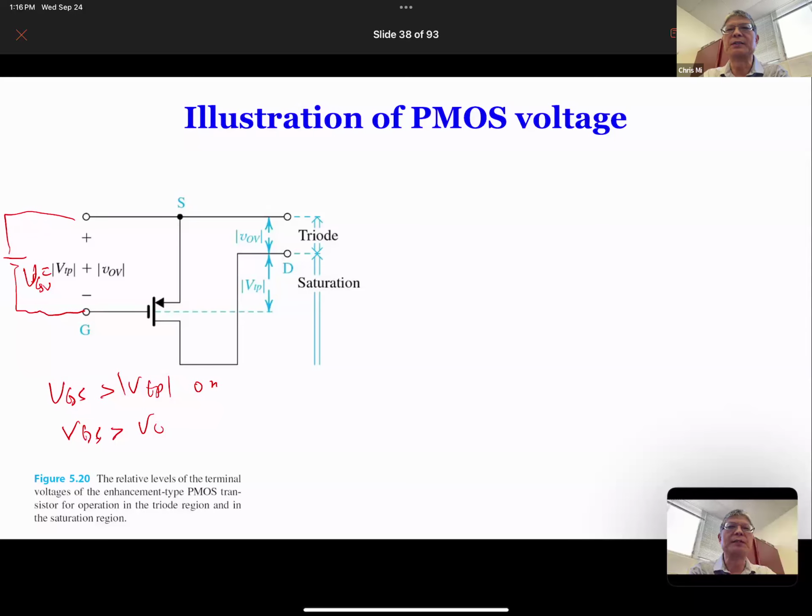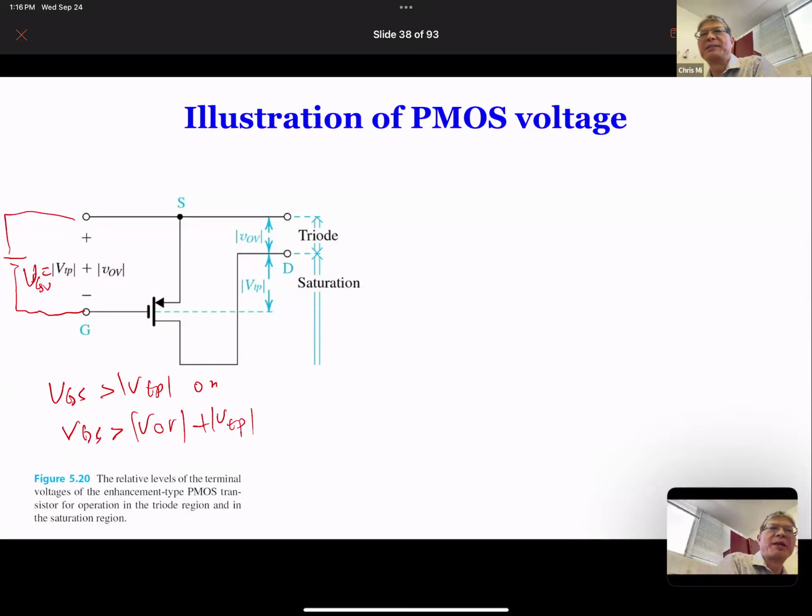So VSG is going to be VOV plus VTP. That's how much VSG is more than VTP. When VSG is exactly VTP, it's just on the edge between conduction and off. When VSG is more than VTP by the overdrive voltage, that's why it's called overdrive voltage, VOV, and then the device